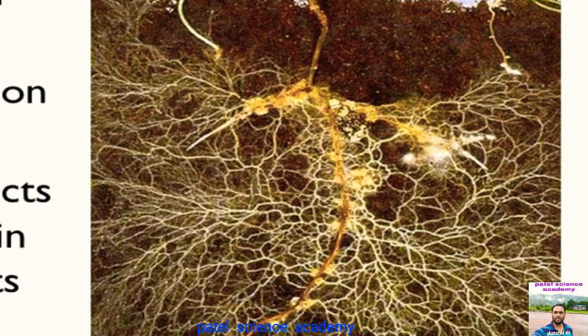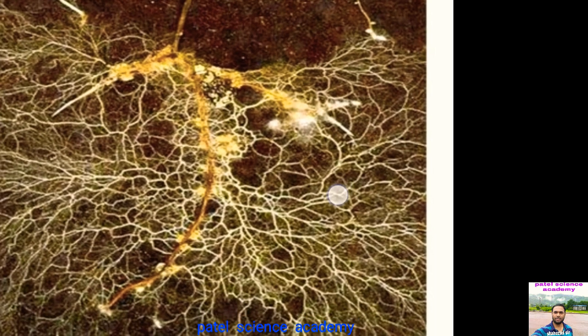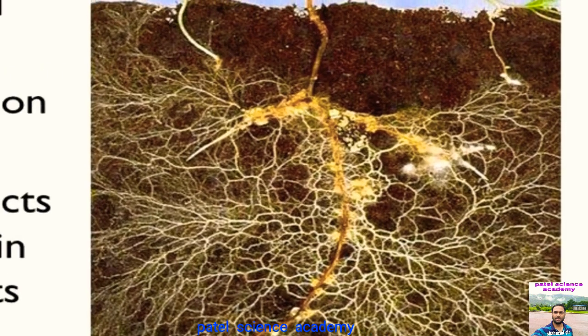Ectomycorrhizae have well developed mycelium that forms a mantle on the outside of the roots, and this increases the absorptive surface area of the roots and accelerates the uptake of water and nutrients, that is nitrogen, phosphorus, calcium and potassium. Due to this, plant vigor, growth and yield increase, and some hyphae of the mycorrhizal fungus penetrate into the root and form the Hartig net. So you are observing here the Hartig net in the intercellular spaces of the root cortex.